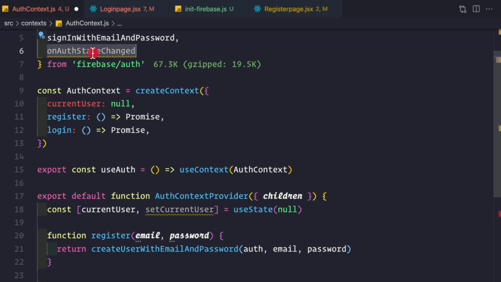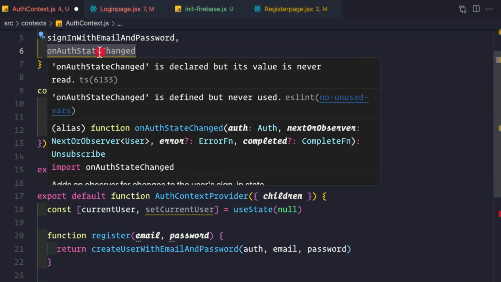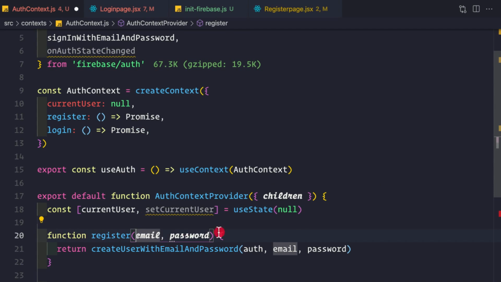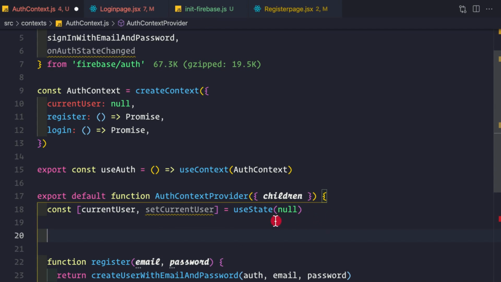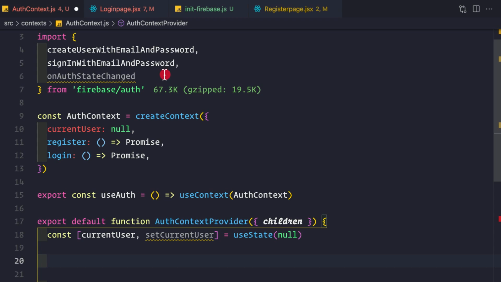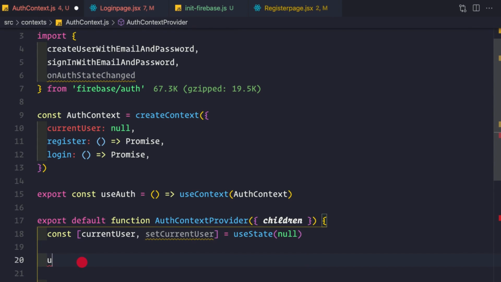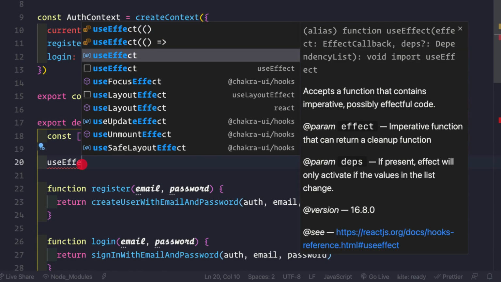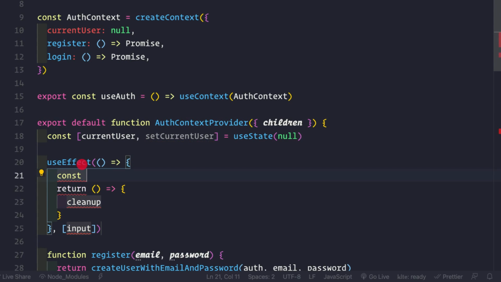So to use this onAuthStateChanged event handler, I'll simply use it inside a useEffect hook. That is, whenever our application loads, we would be attaching this event handler inside the useEffect hook. And then whenever we are unmounting our application, we would be unsubscribing from this onAuthStateChanged event handler. So let's use the useEffect hook. So useEffect like this, and then we can say const unsubscribe, and I would let you know why I'm calling this unsubscribe here in a moment, equal to onAuthStateChanged,